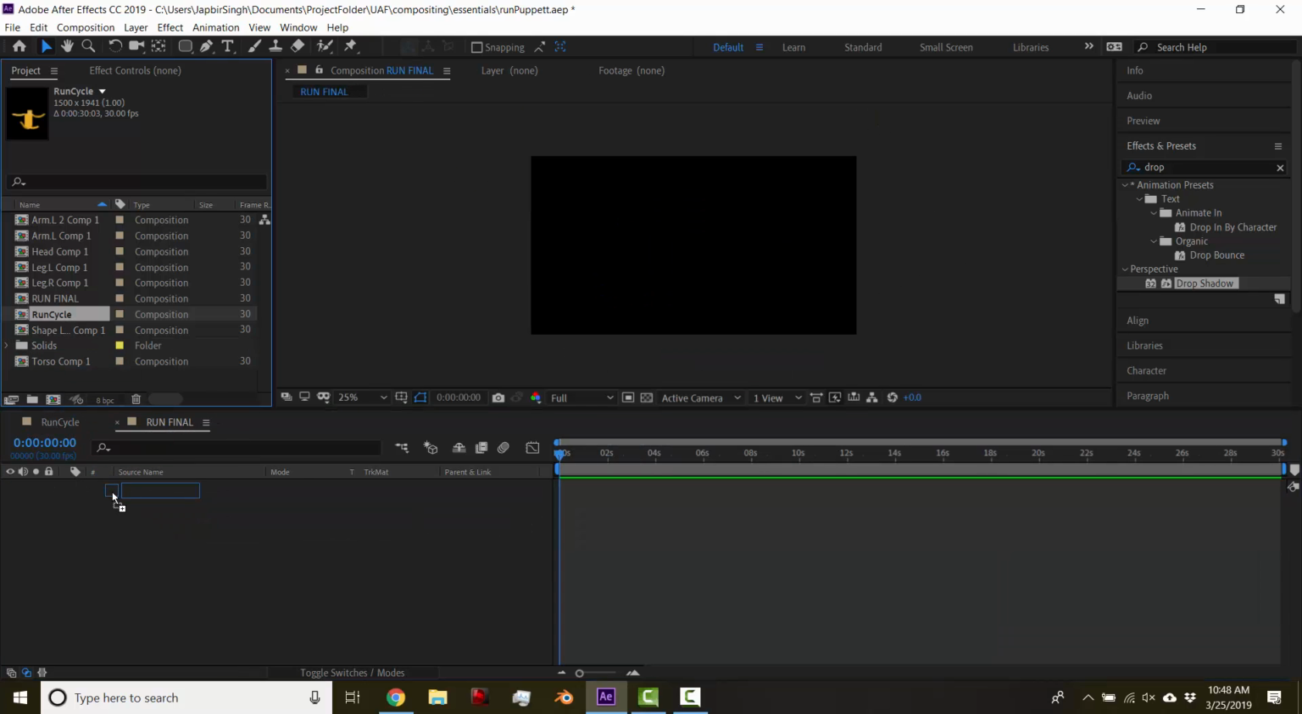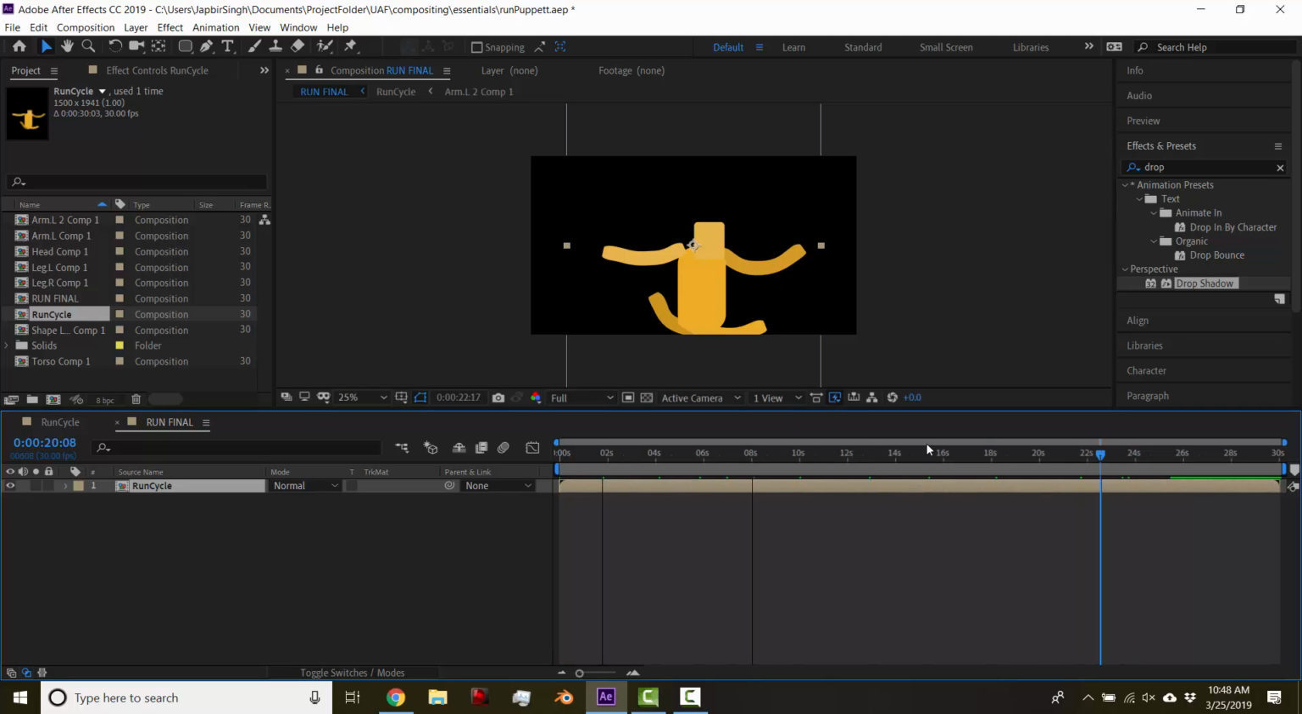So I'm going to bring in the run cycle. So now it's been all flattened into this one thing, but notice it only goes for 1 second and then it freezes. So what you need to do,